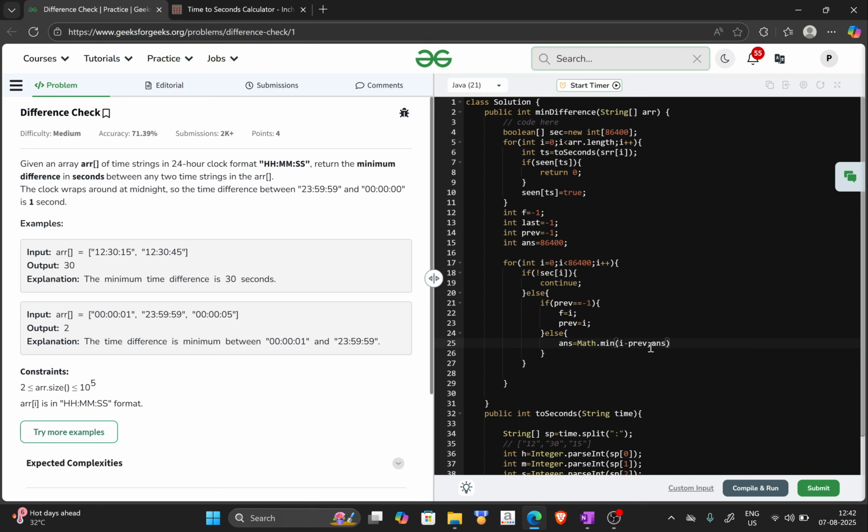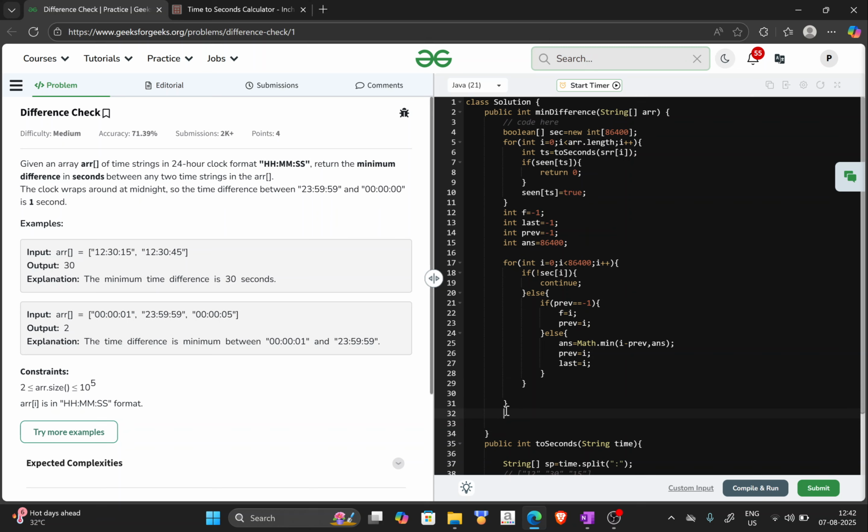So we will keep checking whatever is the minimum one. And don't forget to update the previous with i and last also with i. If we are done till this point, after coming out of this loop,